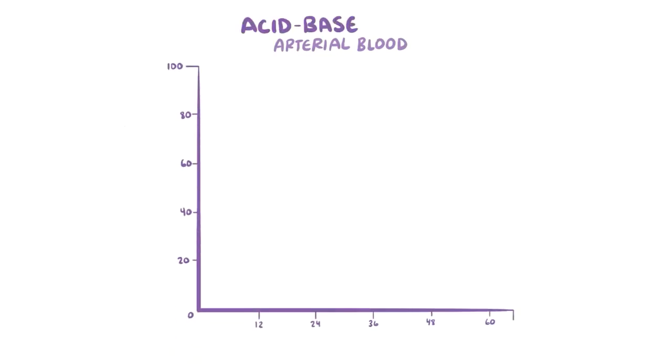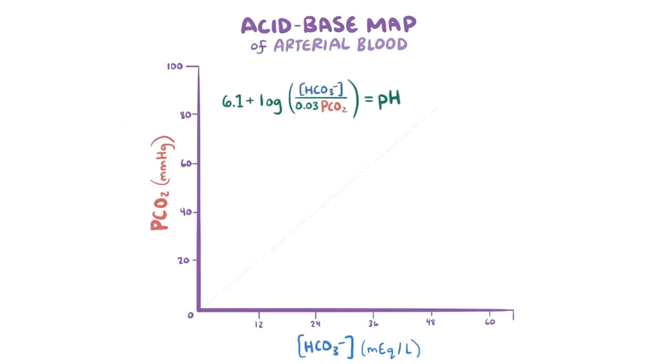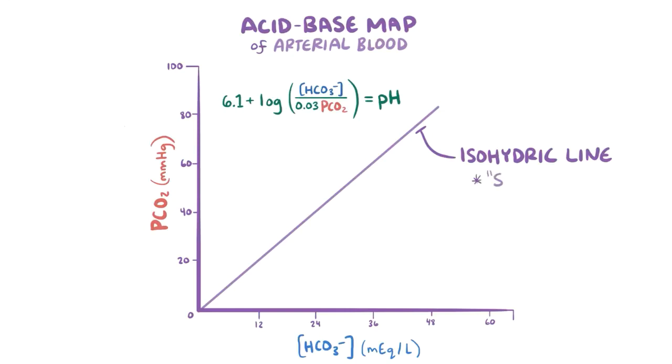Now, if we focus on the pH of our arterial blood, we can design a diagram, or acid-base map, with a concentration of bicarbonate on the x-axis and the partial pressure of carbon dioxide, or PCO2, on the y-axis. Using the Henderson-Hasselbalch equation, we can plot a line called the isohydric line that starts at the origin. The term isohydric means that along these points, they all share the same, or iso, concentration of hydrogenated ions, hydric,